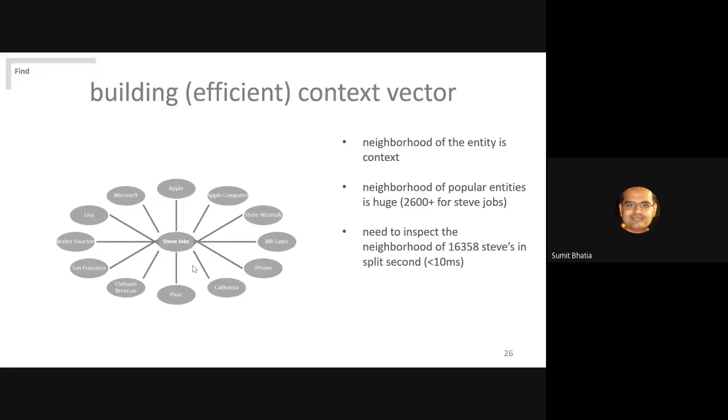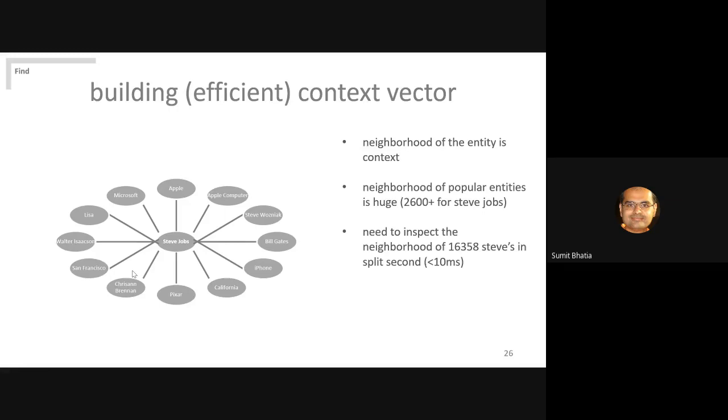Now you may argue we can go to the second order neighborhood, third order neighborhood. In theory, you can do that, but that is practically computationally very inefficient. And also, as you move farther away from the entity, the signals become weaker. So let's limit ourselves to the direct neighborhood of the input entity. Essentially, what you now need to do is, given an input partial name, find all the entities in the graph that contain that partial name. So you find Steve Jobs, Steve Ballmer, Steve Austin. These are all the entities.